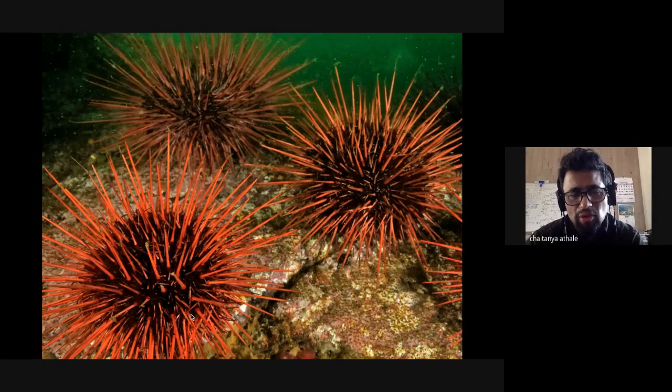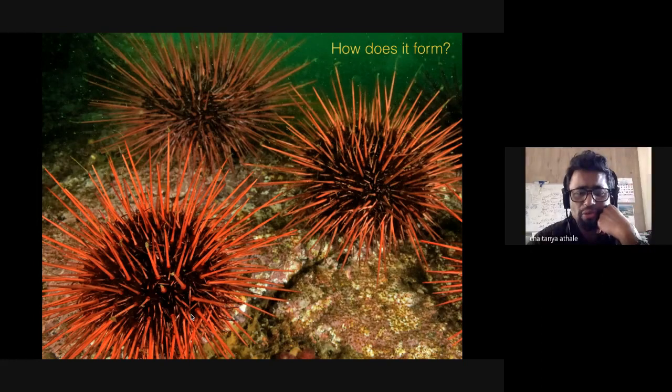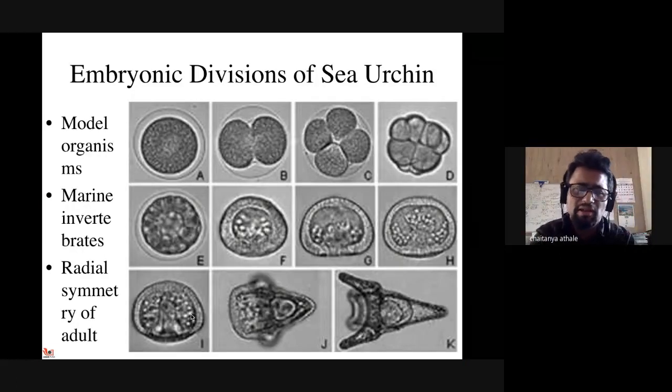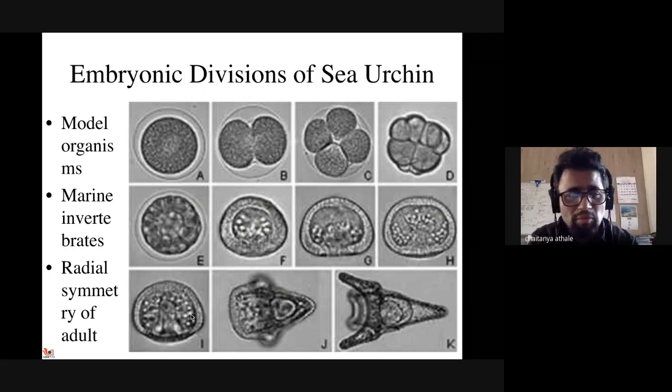So in a way, if you want to make sense of this, we have to go back to something simple, at least to try and ask some questions about how do these structures form. So what we are looking at here is a sea urchin adult at the bottom of the ocean. It's a very beautiful organism, and it has degrees of radial symmetry, which you can qualitatively observe from above. But if you look more carefully at the embryogenesis, you will find that they indeed go from that first spherical egg. So everyone was one egg at one point in time,